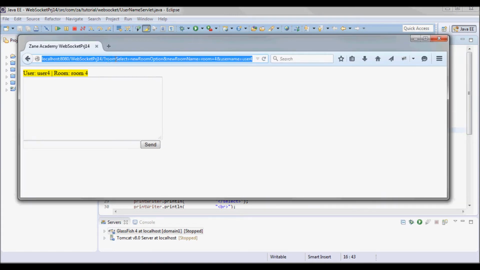So we have a room select and a new room name and a username that are passed.